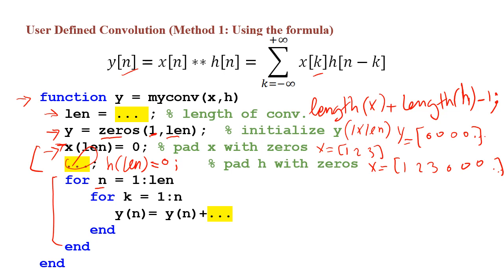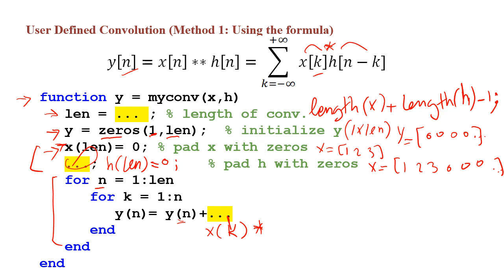So here, y at n is equal to the current y at n. So initially, we've initialized y to be all zeros. So at the beginning, we're going to start with 0 here, and then we're going to add to it each time we enter the loop the next product result of these two numbers. So the missing part of the code we can tell is equal to x at k